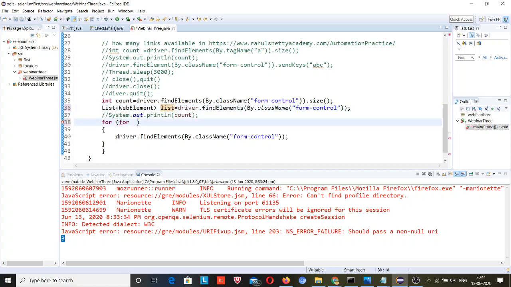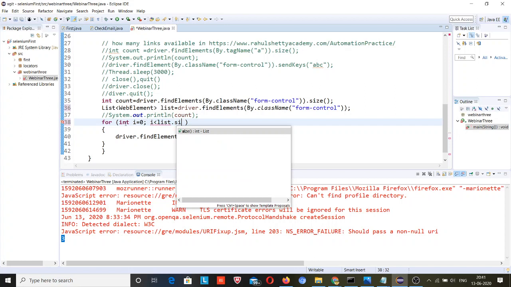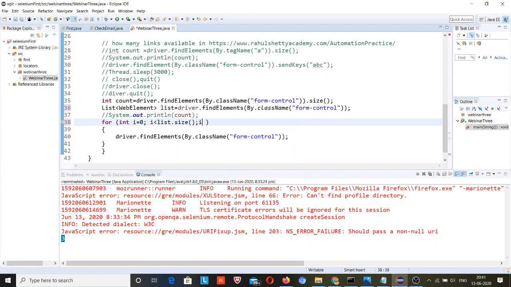For int i = 0; i < product list size. You can simply say count also.